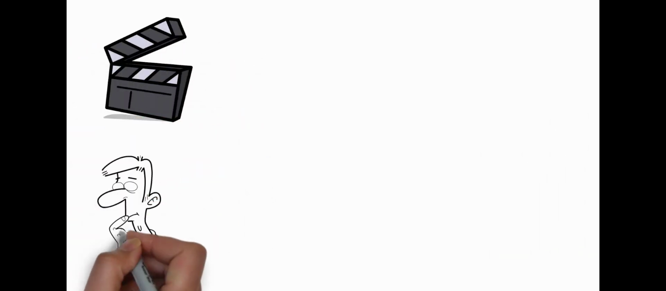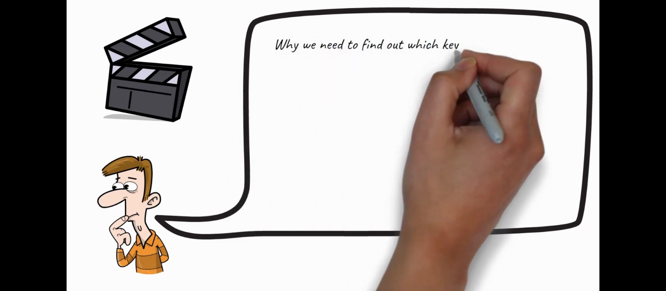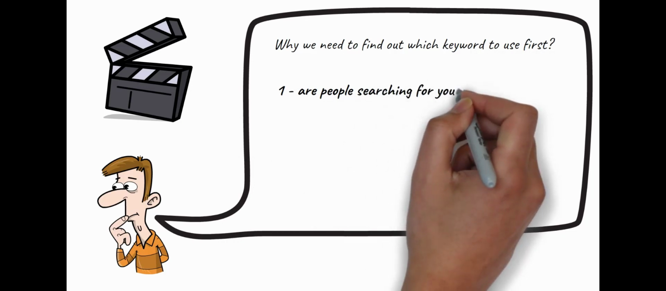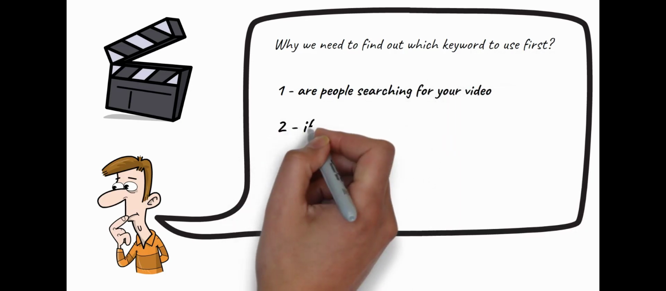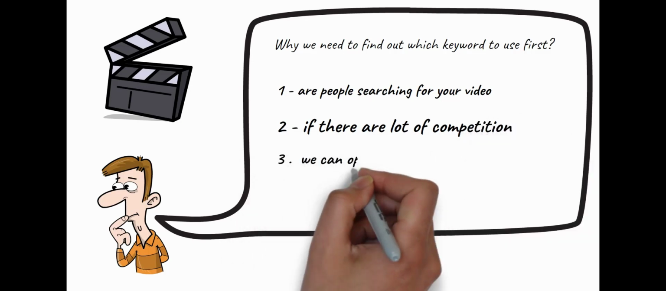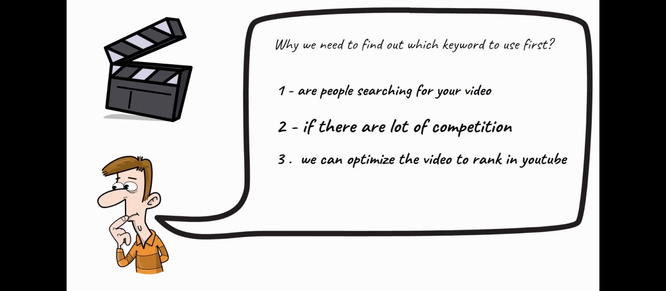Before we start making any video, we will need to find out which keyword we need to use. Why do we need to find out the keyword first? Number 1, we need to find out if there are people searching for your video. Number 2, we need to find out if there's a lot of competition. Number 3, we need to find out if there's an actually well optimized video so we can rank our video